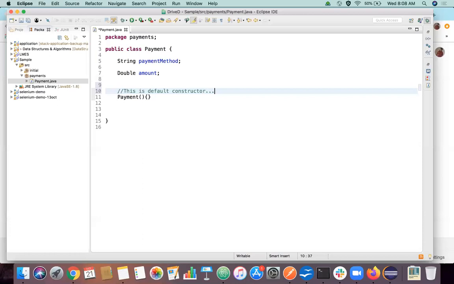It's always good practice to write comments in front of every method, saying what that method is going to do, or what a particular piece of code is going to do. Because in a large project, it gets very difficult if you don't write comments.